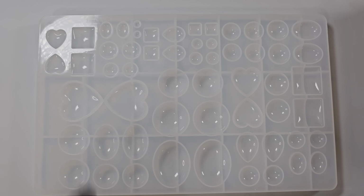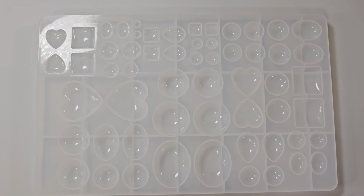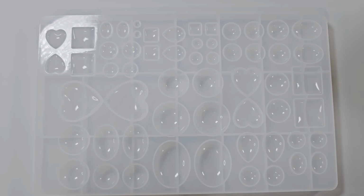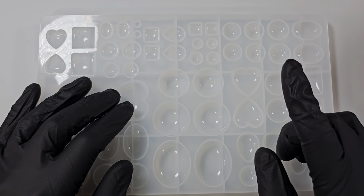So for this one, we are going to be using UV resin, using the Resin Rockers clear hard type for this, and we're going to be using alcohol inks, but not in the way that you would think. So these are the Let's Resin 26 alcohol ink set, and we're also going to be combining a gold powder,